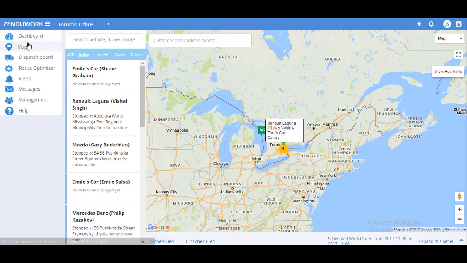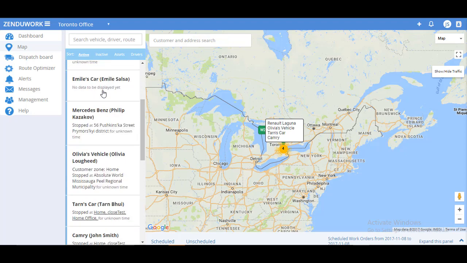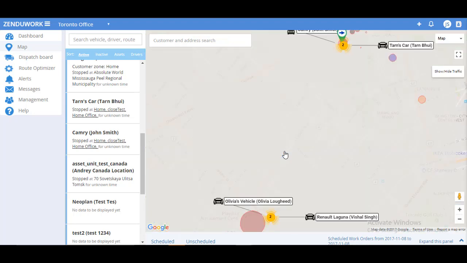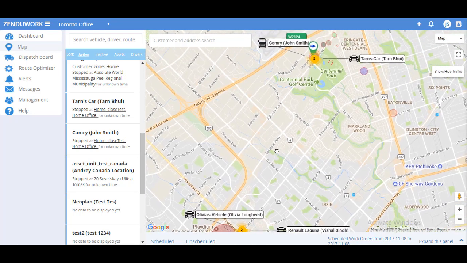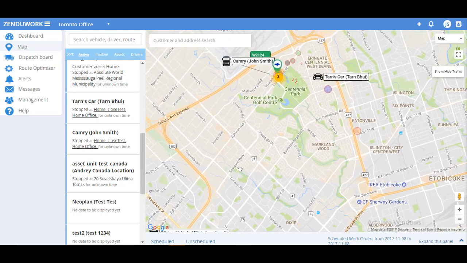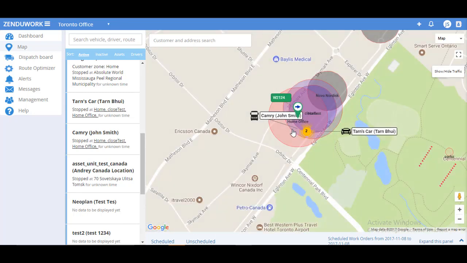So currently I'm on the Maps module, as you can see here, and on the left side I can see all the drivers that are within my region. If I have many cars within a close proximity, there will be a yellow button with a counter of how many cars are within this region. If I click on that, I will be able to zoom in and see where the different cars are. So currently I'm here at home office with my asset Camry,